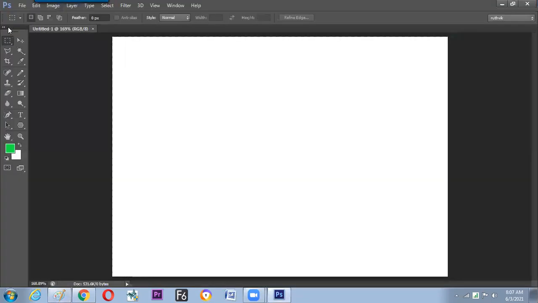Here on the option bar, we have seen till now these four buttons: new, add, subtract, and intersect. Except for these, there are a few more options here. Out of that, we can find an option called fixed size. By default, it will be normal. We can switch to fixed size. If it is fixed size, then the software will ask us what size you want to make. Then you can feed in a number like 5 centimeter by 2 centimeter.